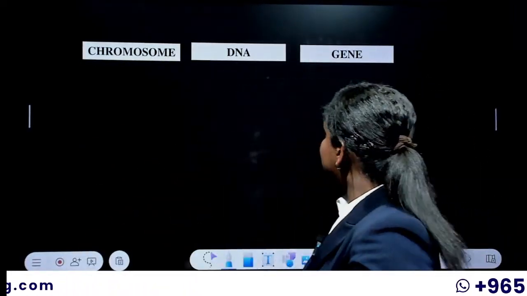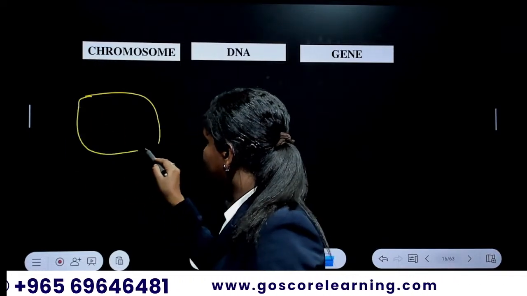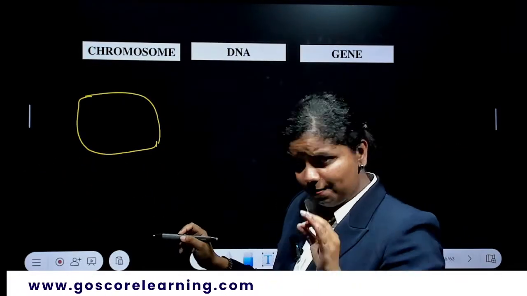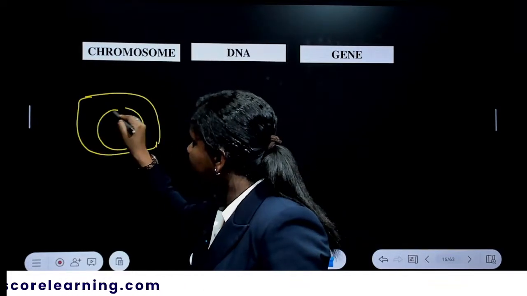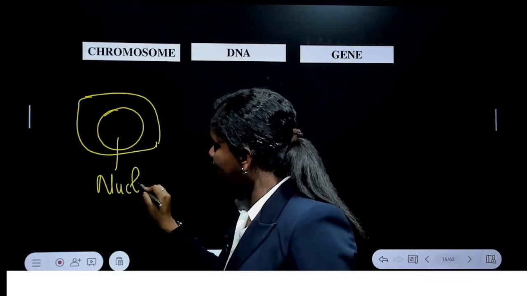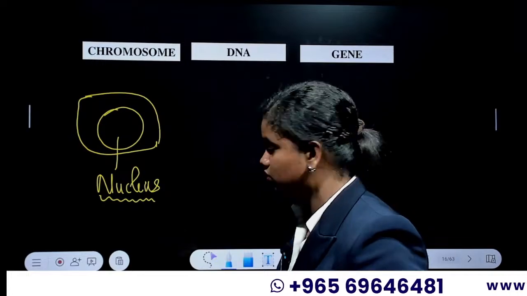Okay, now let's discuss some new topics, which is chromosome, DNA, gene, and a lot. In order to know the entire topic that I just said, you just have to have a single idea in your mind. That is, we all have a cell. We have plenty of cells. And if you take a single cell from any living organism, it will definitely be having a nucleus inside it. So this particular structure is called a nucleus. I know you all are familiar with the topic. I'm just revising, brushing up your short-term memory so that it will get into long-term memory.